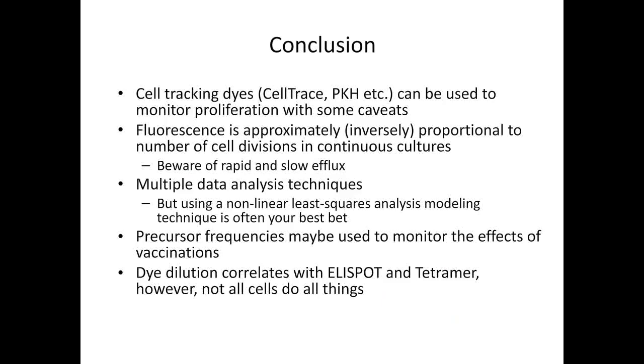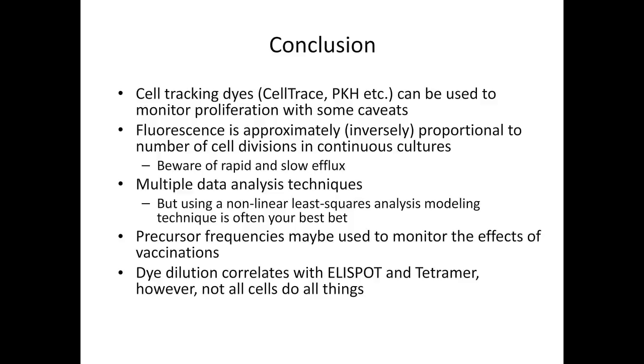So I'd like to conclude by going over some of the things we've talked about here, and that is that cell tracking dyes, the cell trace and PKH, etc., can be used to monitor proliferation, but there are some caveats to it, and that's basically this efflux that I'm talking about. Fluorescence is approximately inversely proportional to the number of cell divisions in continuous culture. But you have to be aware of the rapid efflux as well as the slow efflux in doing your calculations. Multiple data analysis techniques exist. I showed you where we just looked at the proliferative fraction, but we can really do some modeling using a